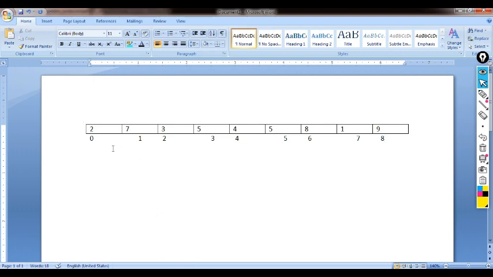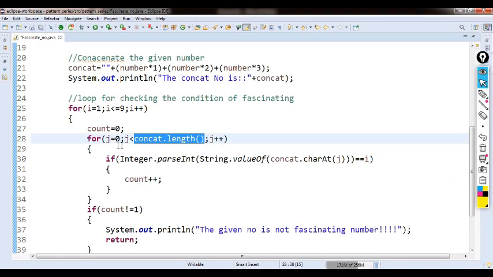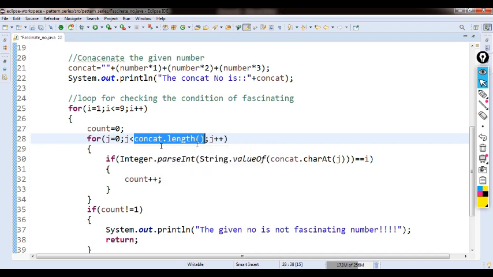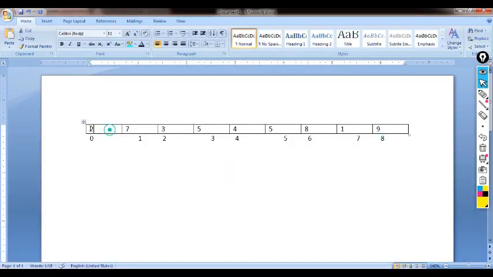So the loop is starting from 0 and running to 8. j equal to 0, j less than concat.length. So here the value of concat.length is 9. So here j is starting from 0 and j is less than 9. So here we can check every single element one by one with the digit.